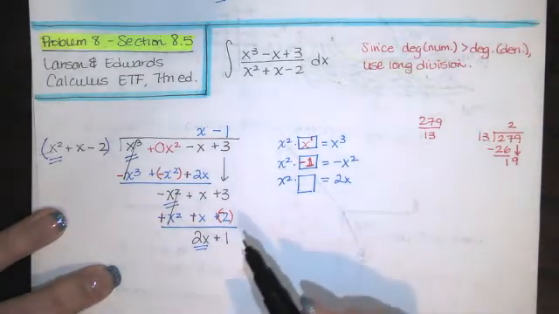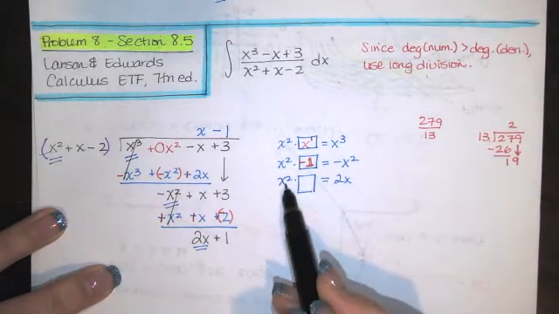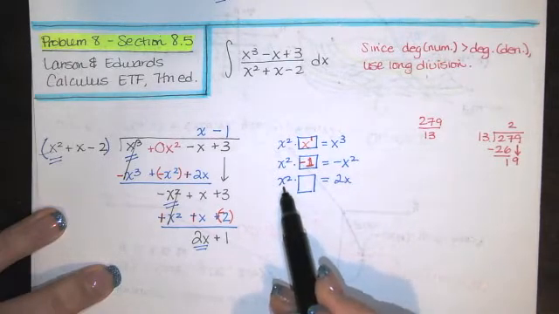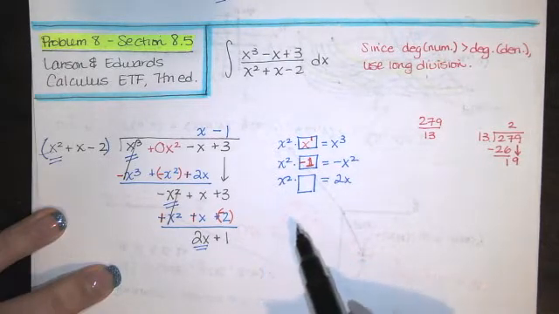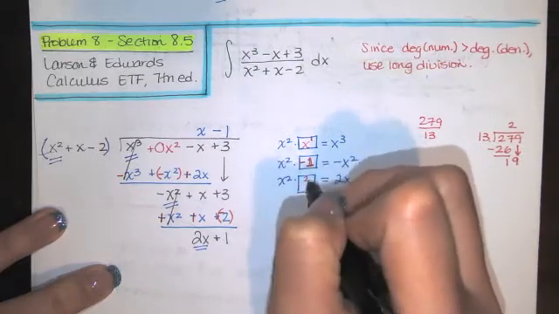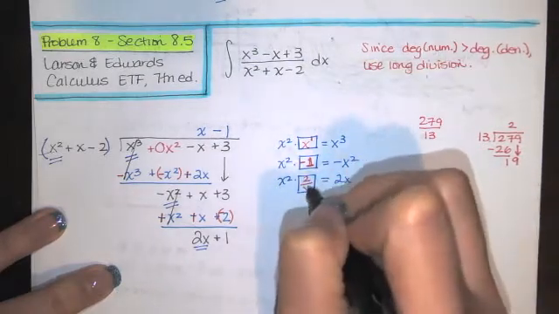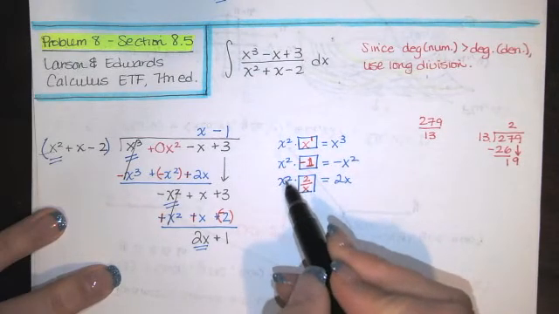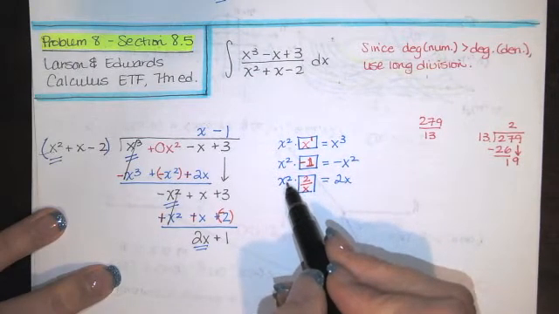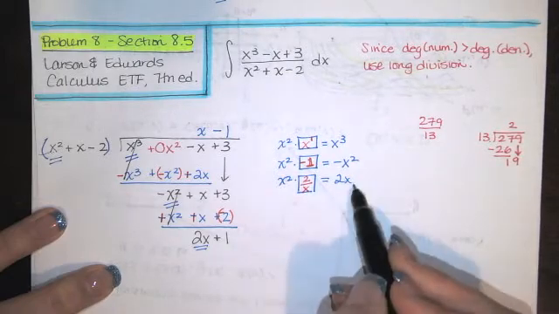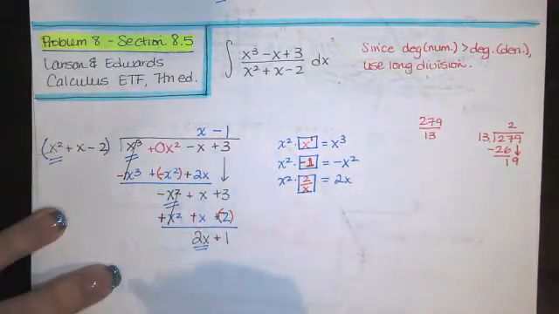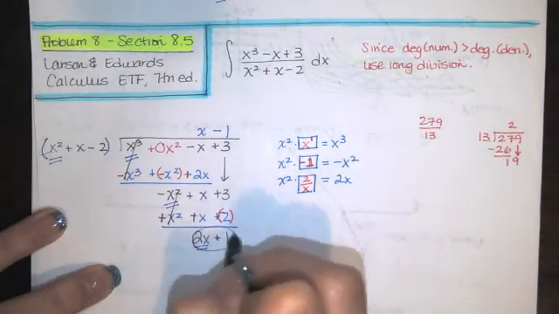Now I want you to notice that in order for me to get a 2x over here, when I have an x squared over here, I actually have to divide by an x. In order to get the 2, I would have a 2 in the numerator, and I need an x in the denominator so that this x would cancel with one of these x's. Because I've got 2 of them over here, and I only want 1 of them over here. If that happens, that tells you to stop. You're done. This is what we call the remainder